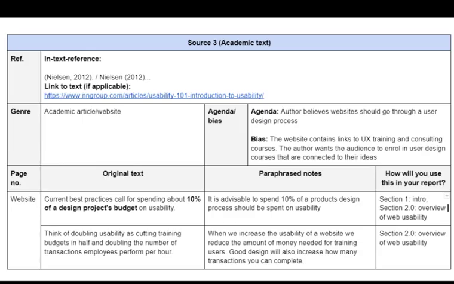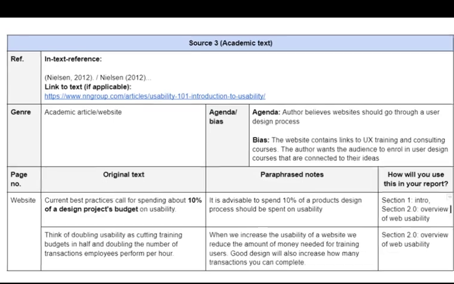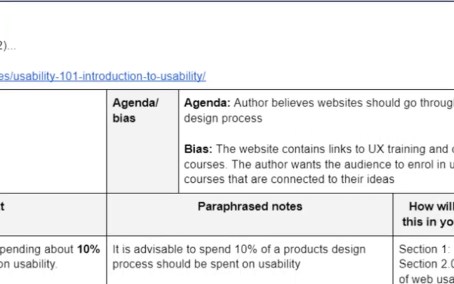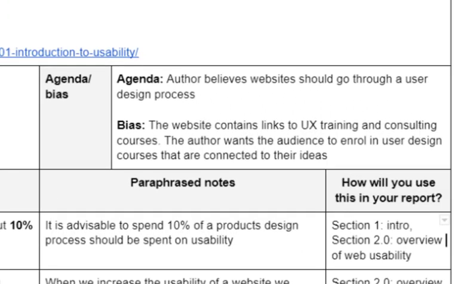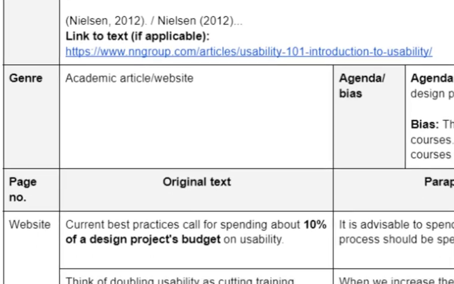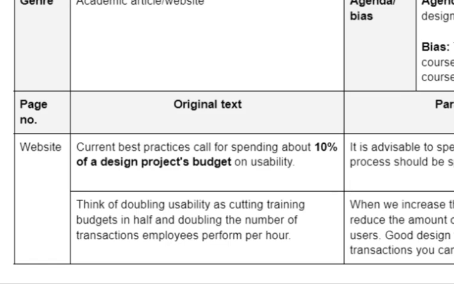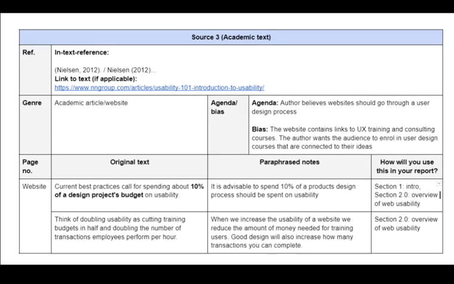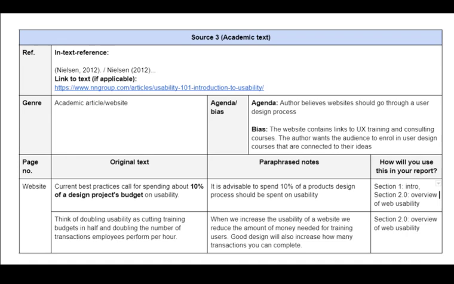And finally, you should have taken notes on 4 other sources, at least one of these being academic. You should have information for references, links to original texts, analysis of bias or agenda, and the appropriate name for the text genre. You should also have collected the original notes from your source and paraphrased them accordingly. And by now, you should have had your notes analysed by Turnitin to see how successful you were at paraphrasing